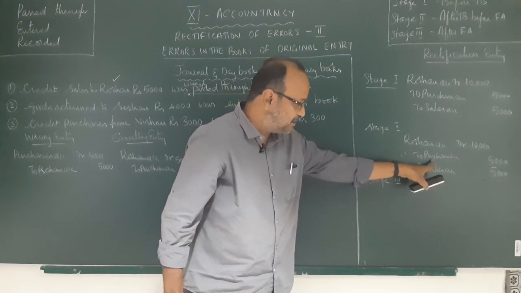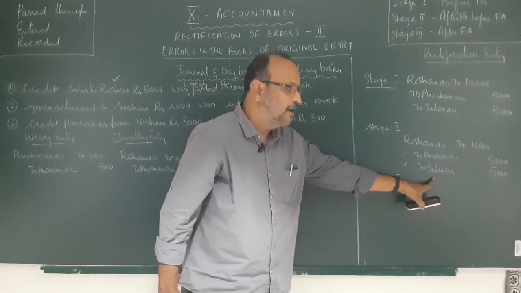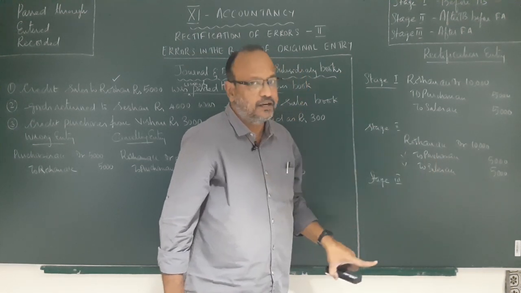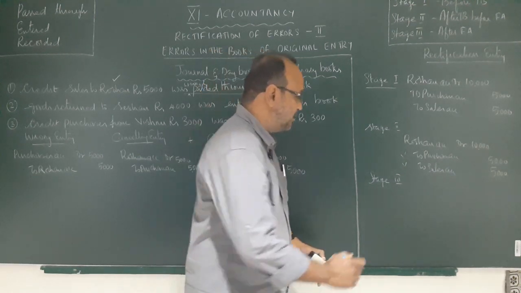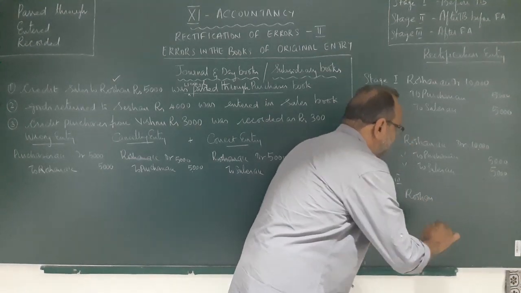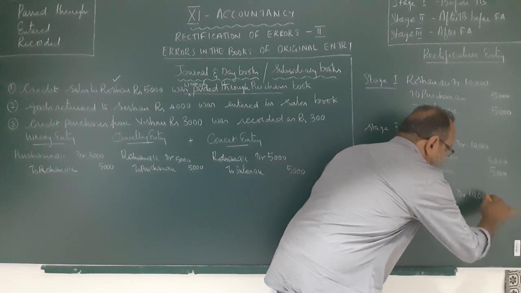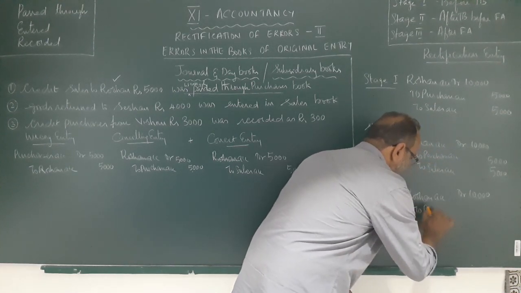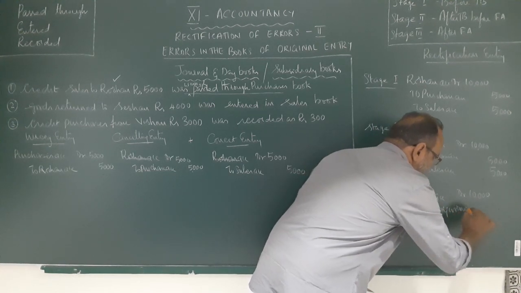Here, purchases account and sales account, we have got two nominal accounts, isn't it? So the purchase account and sales account will be substituted with the words profit and loss adjustment account. So in the third stage, the rectification entry will be Roshan account debit 10,000 to profit and loss adjustment account